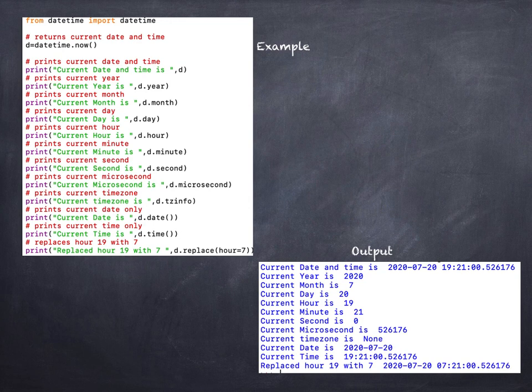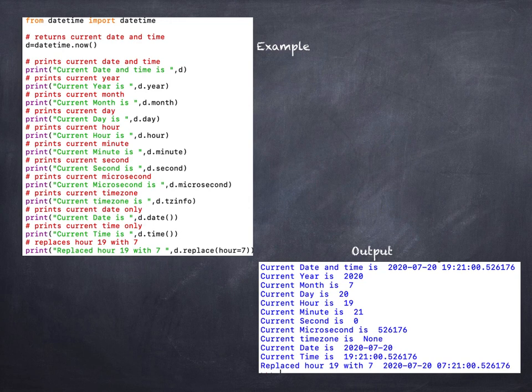You can use the methods date and time also with it. From the current date and time you can extract the date portion alone using date, and the time method is used to extract the time portion alone of the current date and time. Okay, and the next method is replace. Replace is used to replace one of the components with another value.